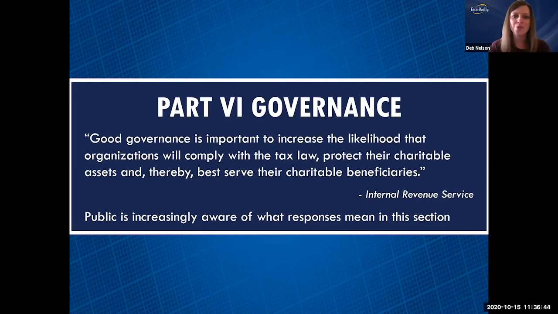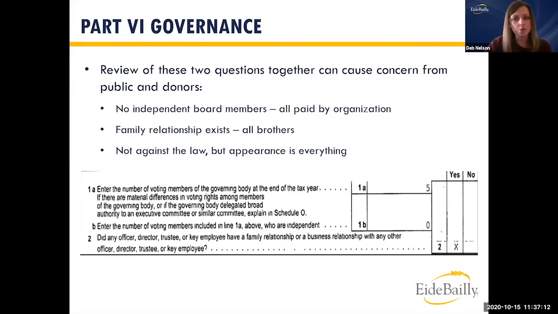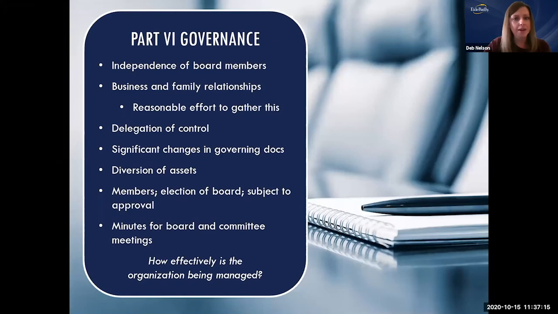For those of you who have heard my 990 presentations at committee meetings or board meetings, I generally refer to this quote. There are several questions in the governance section that are not requirements for tax exempt status, but the IRS does believe there's such a strong correlation between having these best practices in place and being tax compliant that they ask you about it in your 990. The first part of the governance, management, and disclosure reporting focuses on the governing body and management. Here we've highlighted some of those specific items that are asked about.